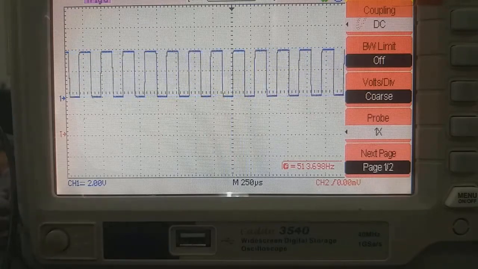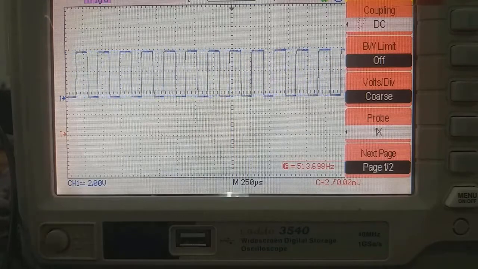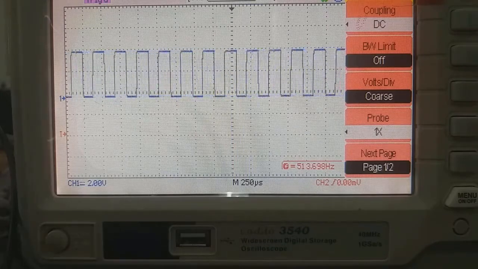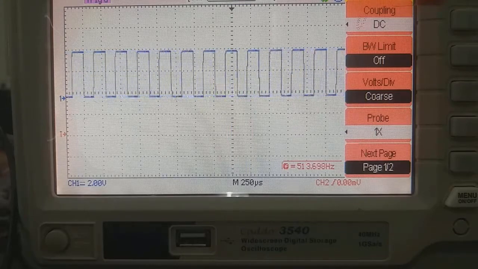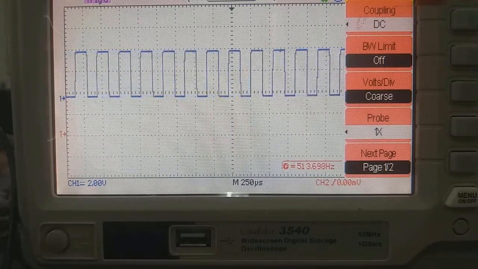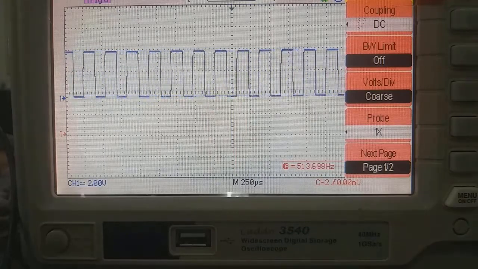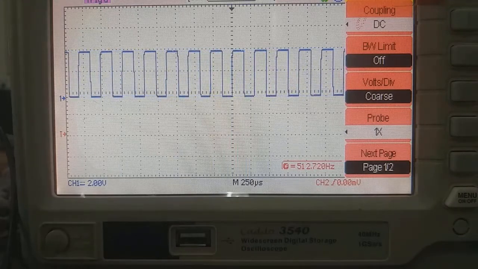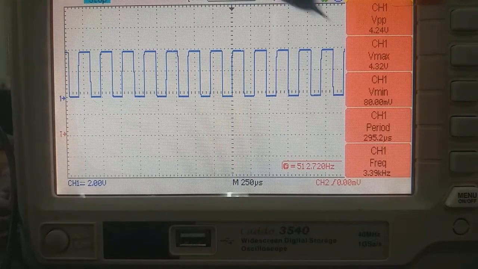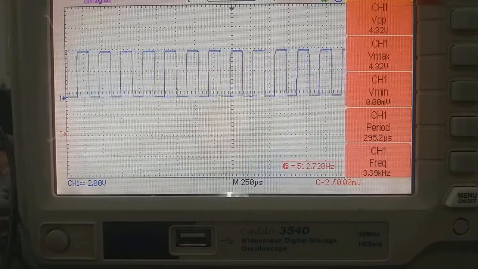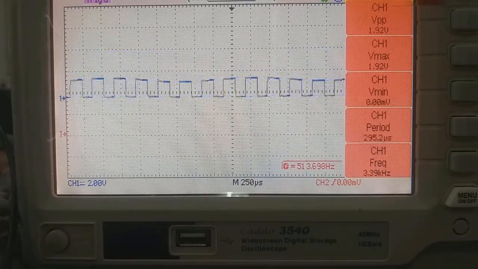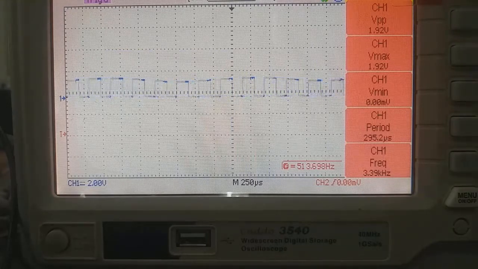See here, we get a continuous train of square wave pulses on the CRO when no modulating signal is applied. So we get a continuous train of square wave pulses as the output of PAM generator when no sine wave modulating signal is applied. Now I make the display stable by pushing the stop button. We can measure the frequency of this square wave signal. The frequency is 3.39 kilohertz. Now, if I apply the modulating signal, that is sine wave modulating signal, then see the changes in the amplitude of these carrier pulses.